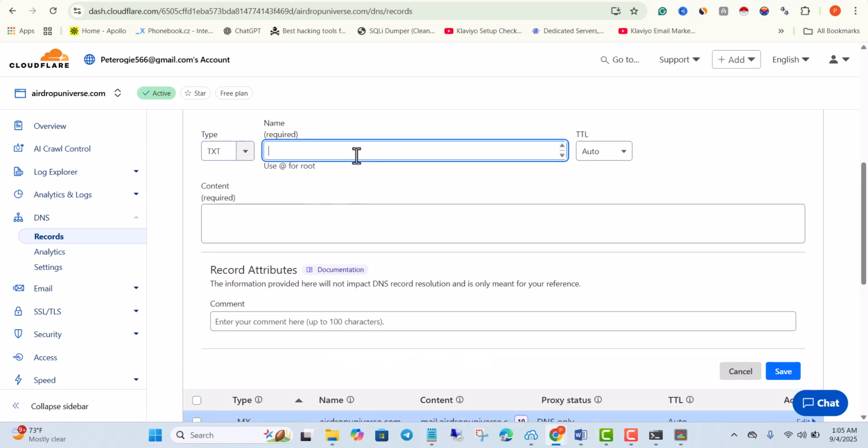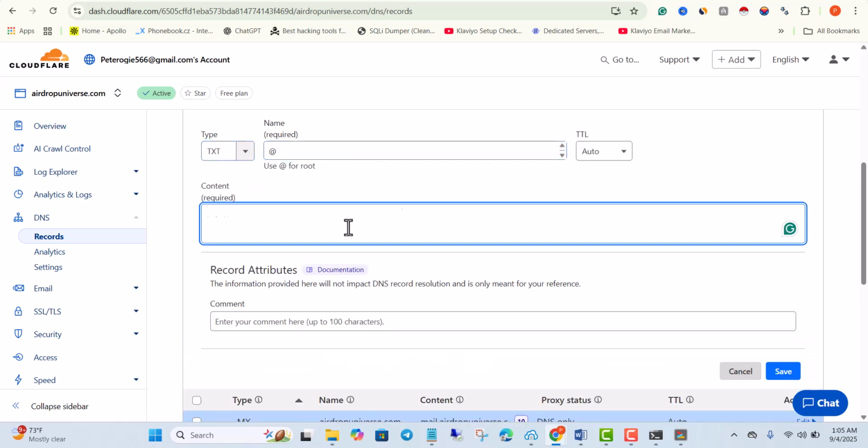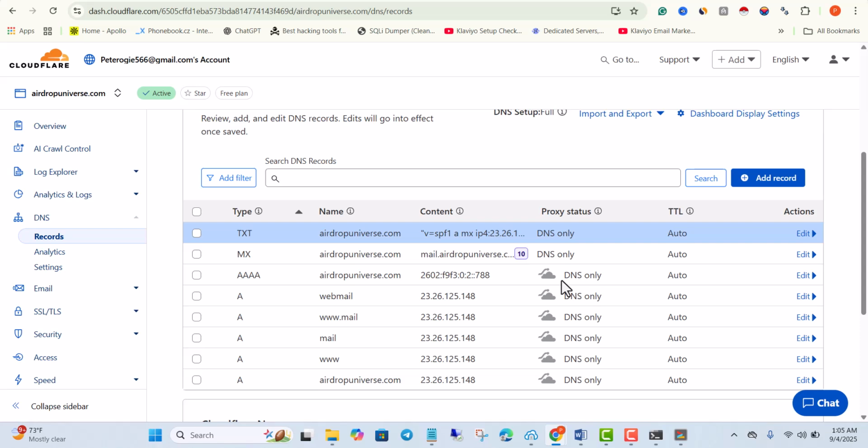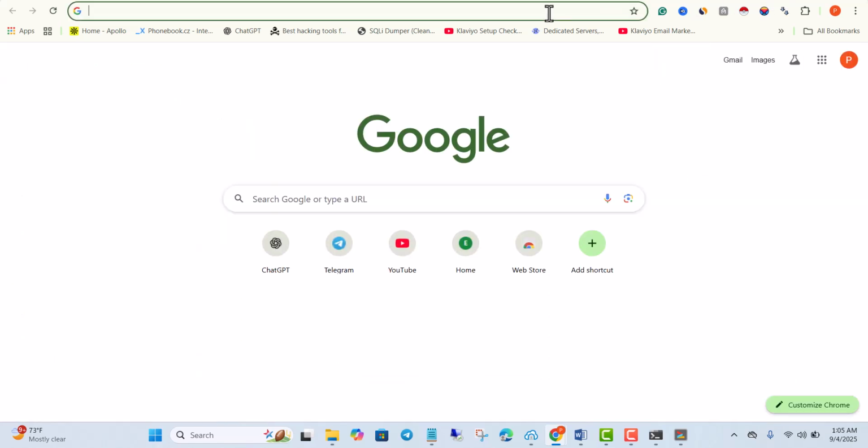We'll be adding a TXT record, so we're going to paste it here. Once we paste it, we're going to click on save. Now another record we need to add is the DMARC record, right? So we're going to be adding a DMARC record, and to add a DMARC record, all you need to do